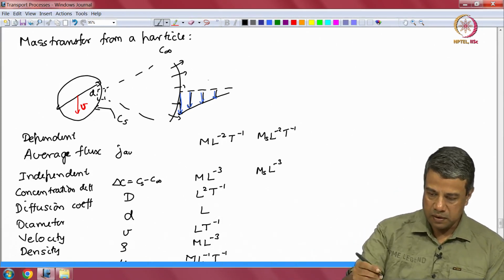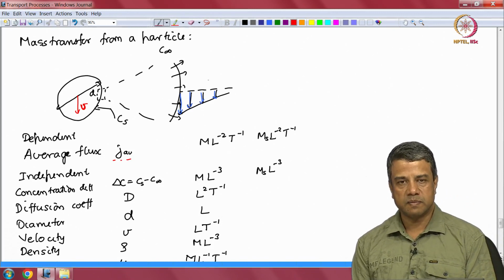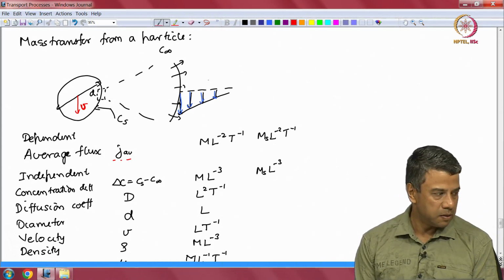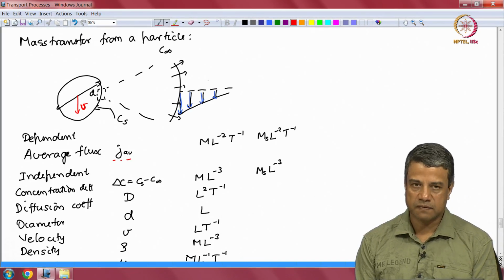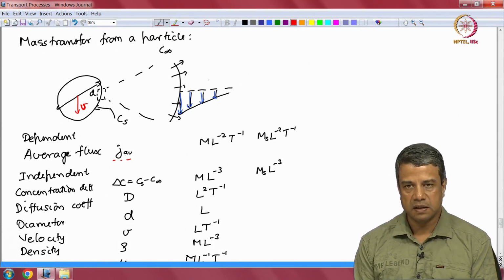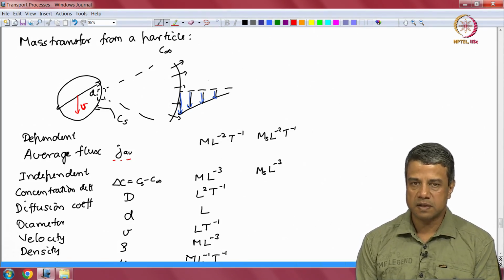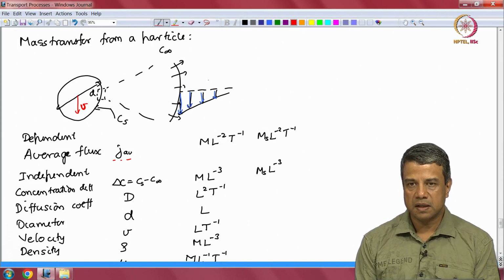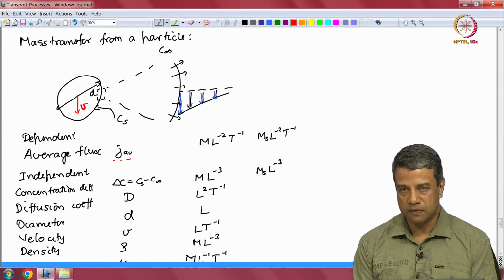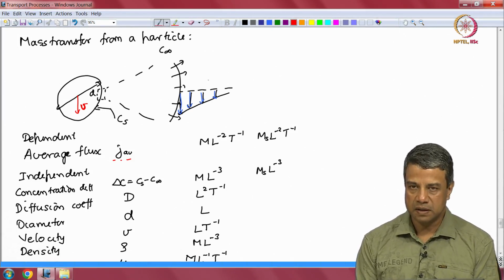Okay. So, we write correlations usually for the average flux, and the driving force for this mass transport is the difference in concentration between the surface of the particle and the fluid far from the particle. That is delta C is equal to Cs minus C infinity. One of the mechanisms of transport is diffusion, and the rate of transport will of course depend upon the diffusion coefficient and the diameter of the particle. And then there is also transport due to convection, due to fluid flow around the particle, and therefore, the velocity of the particle relative to the fluid V